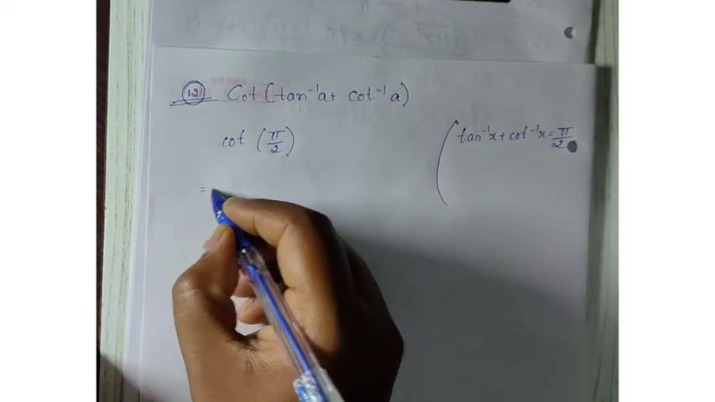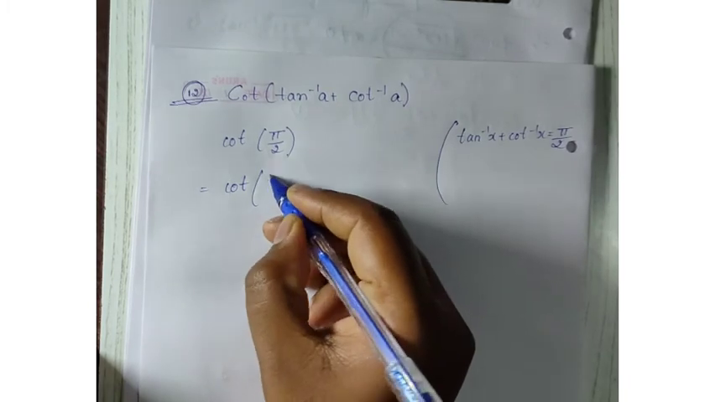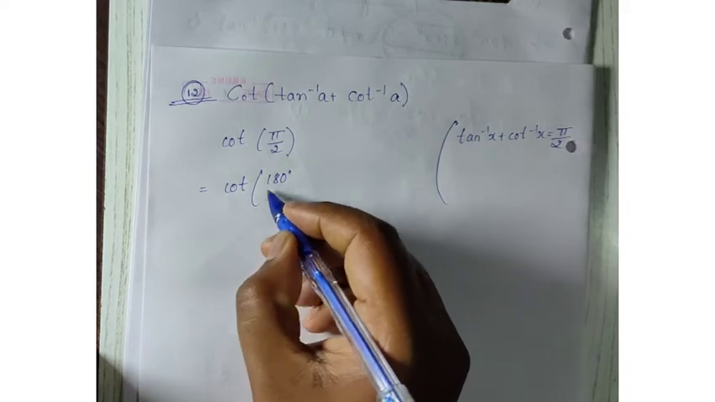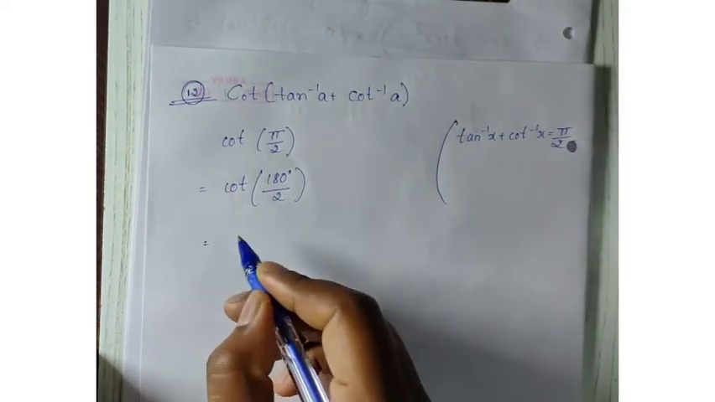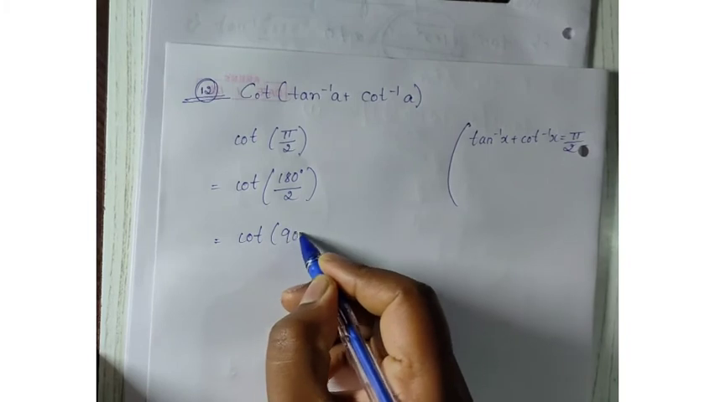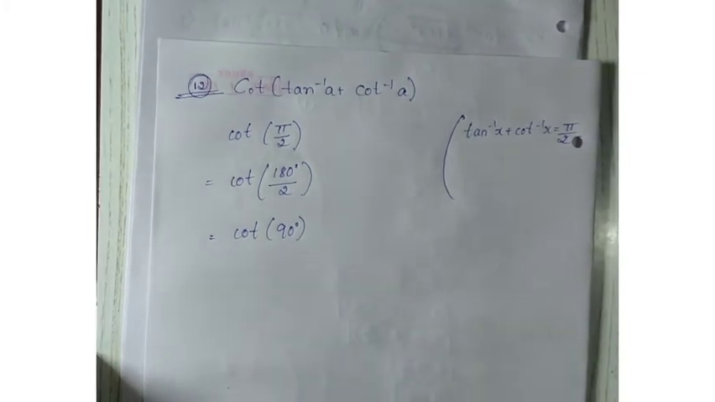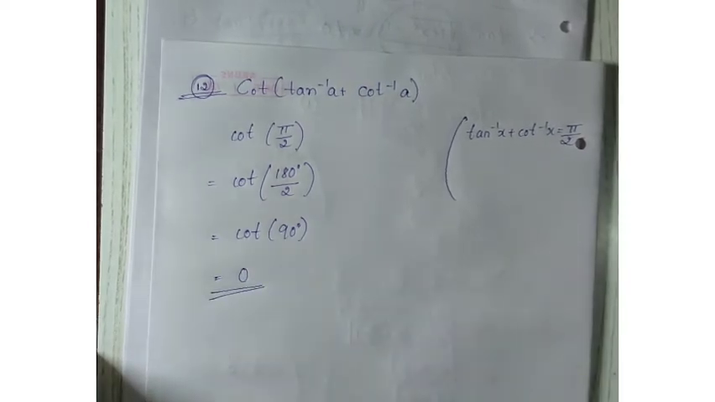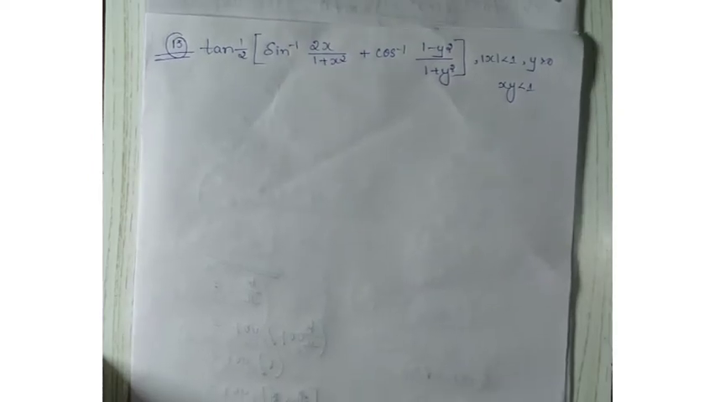So here pi is nothing but 180 degree, right? Pi in terms of degree I am talking about. Okay, that is 180 degree by 2. So this will be 90 degree. Fine. So what is cot 90 degree? Cot 90 degree is 0. So 0 is the value of cot of tan inverse A plus cot inverse A. Easy, no? Let us now solve question number 13, in which you need to find the value of tan